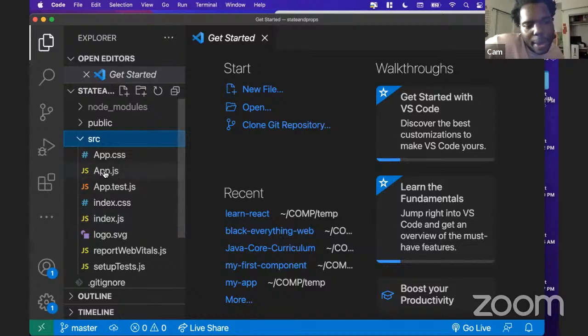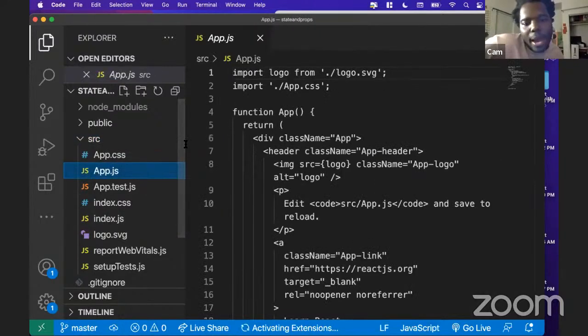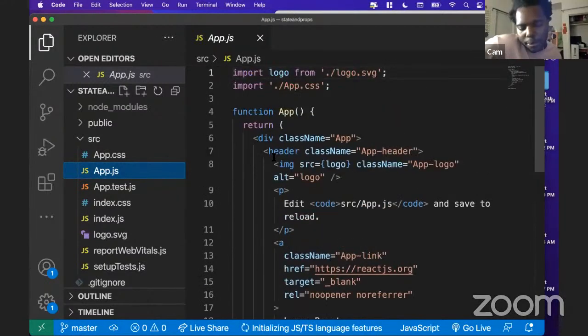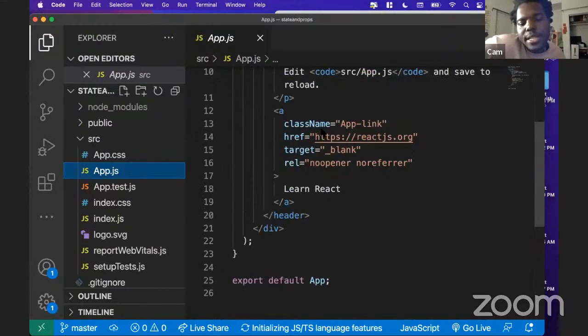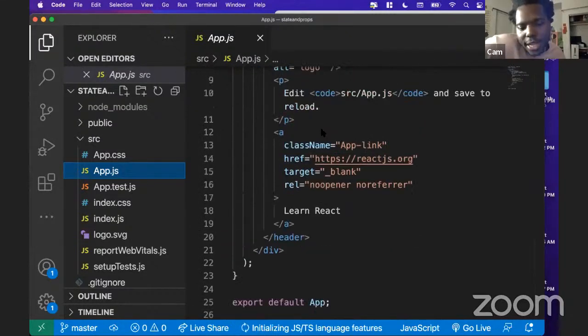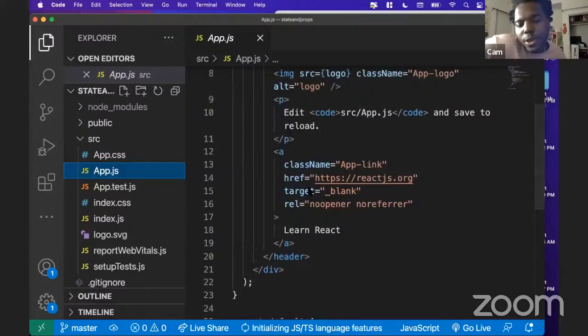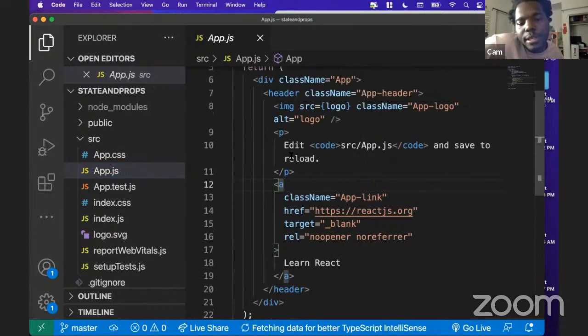Inside of that, we have this App.js file. The App.js that we're looking at here is a file that is a component. A component is essentially a JavaScript object that returns some JSX. And JSX is essentially a JavaScript markup language that allows us to create the visual elements that we want to see on our websites, but we can interact with them using JavaScript a lot more easily